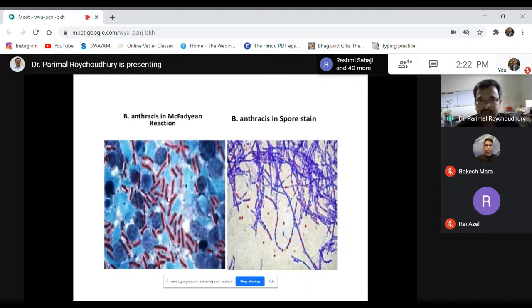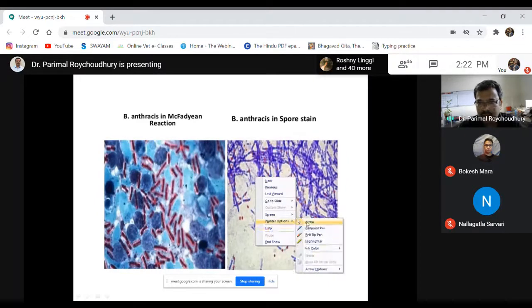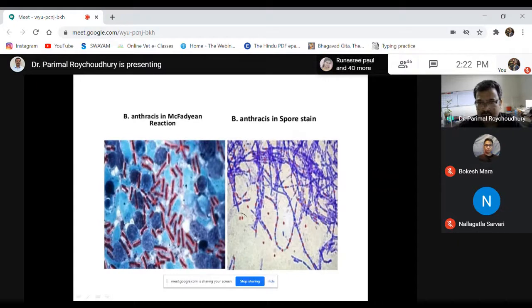At the same time, this particular bacteria can transform into the most resistant form, what we call the endospores. In the nearby slides here, we can see these endospores, which are freely released out of the bacteria. These are called free spores, but when the spores remain within the shaft of the bacteria,